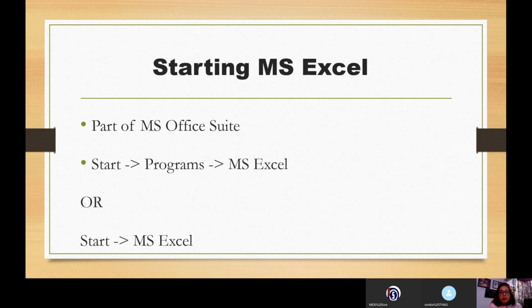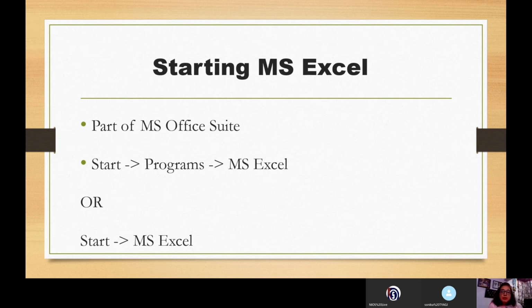Now here I would like to mention that various versions of MS Office have been coming over a period of time. Right now, today, I'll be working with MS Office 2016 version. So although the basic application remains the same, yet with the change in version, certain properties, certain features, the way to use a tool, minor changes in the interface happen.